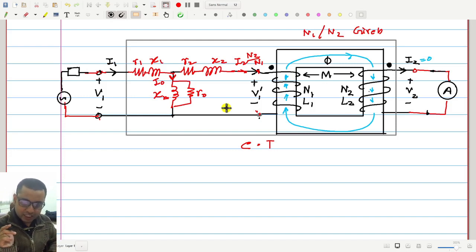What about a current transformer? Is it a step up transformer or step down transformer? Step up. It is a step up transformer because it will step down the current, it will lower the current, so therefore voltage will be stepped up. Okay, good, very good.